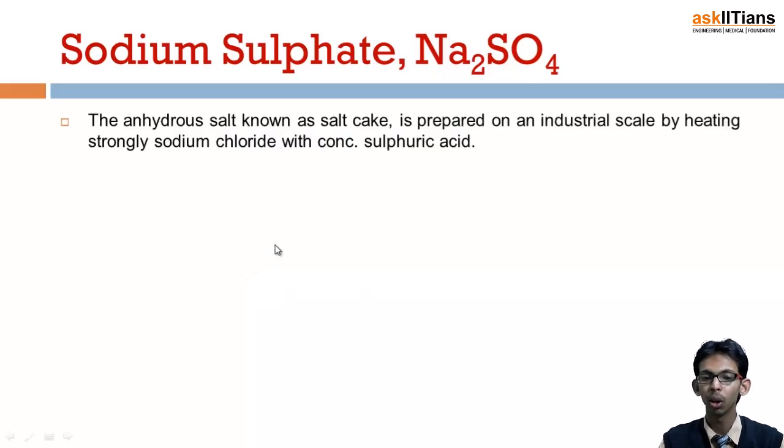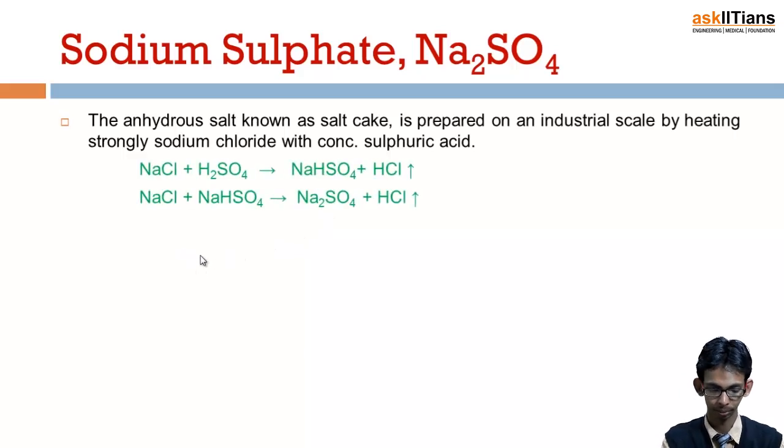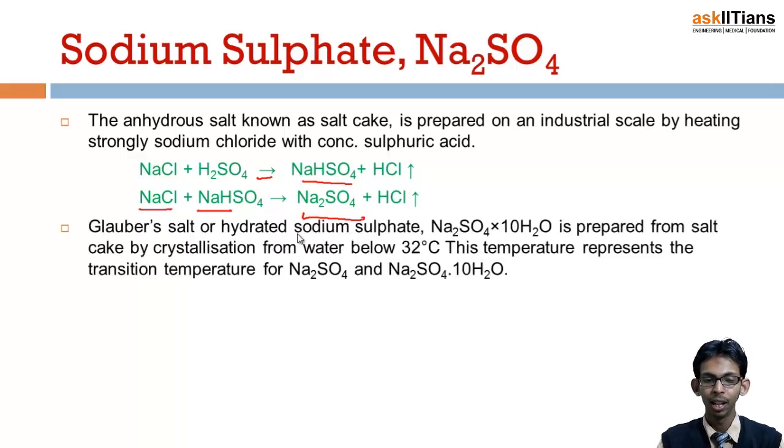The anhydrous salt is known as salt cake. It is prepared on an industrial scale by heating strongly sodium chloride with concentrated sulfuric acid, as we have just discussed in the previous slide. When sodium chloride is heated with sulfuric acid, NaHSO4 is formed. When it again reacts with NaCl, it results in formation of sodium sulfate. And this is also known as